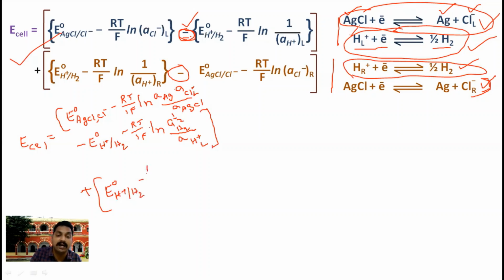minus RT by F, यहाँ 1F into ln प्रोडक्ट्स क्या है? एक्टिविटी ऑफ H2 पावर 1/2 divided by activity of H plus on right hand side. माइनस क्यों? लास्ट ये रिएक्शन जो है ऑक्सीडेशन हो रहा था, लेकिन हमने रिडक्शन टर्म्स में लिख रहा है, इसीलिए माइनस। तो माइनस